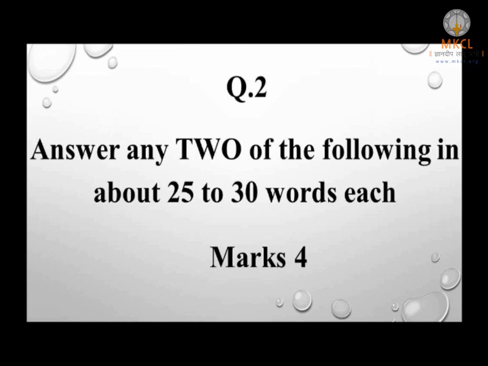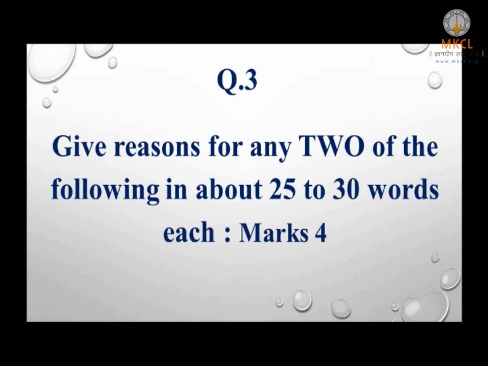Now let us switch over to question number 3. Question number 3 is taking into account, give reasons for any 2 of the following in about 25 to 30 words each. Here children, you are supposed to write only in points. These answers take into account some historical background and a reason or 2 that gives rise to that historical event or effect. You must sit back for a minute and collect necessary details. Maybe skim and scan your details and then plan your answer.